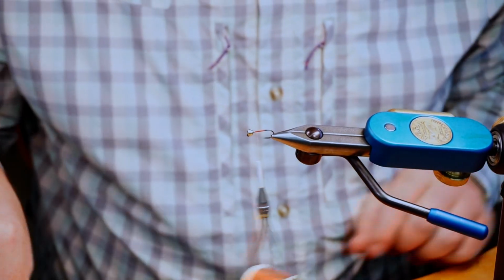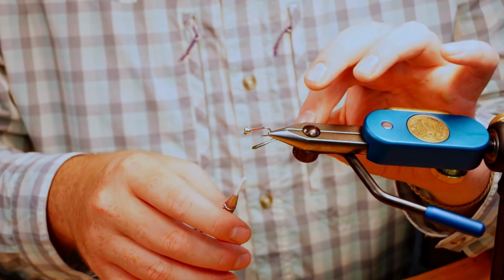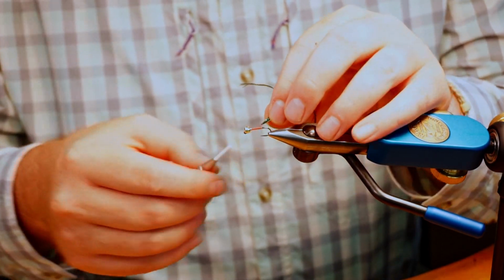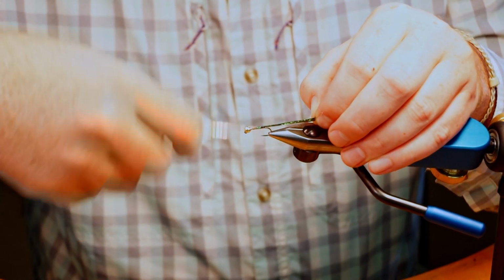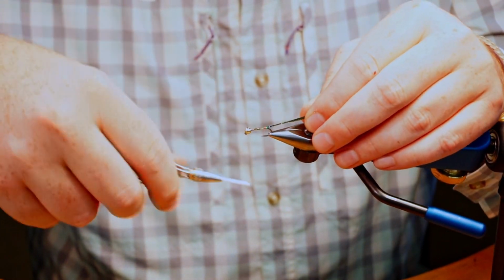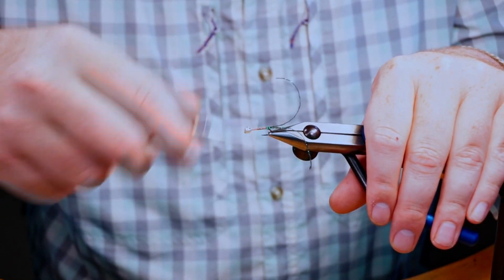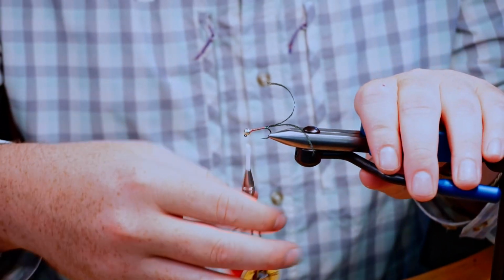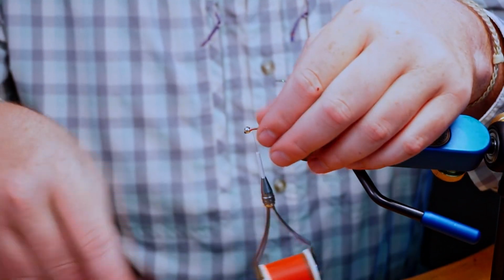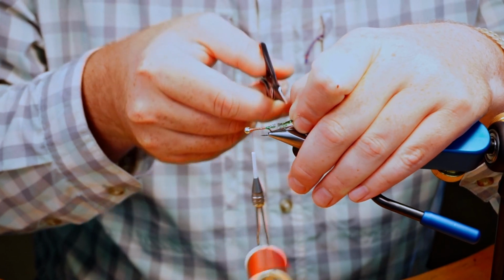Okay. So first things first, I'm gonna just tie in a piece of this Lagartun Flatbraid, just doubling it over the thread like that. So I took that, folded it over the thread, and you can do just one piece of this as well. I like these just a little bit more full, and then wrapping back, and forward. Just kind of slim that body down. Just going to kind of secure that lead in place. Lead free can be a little bit easier to tie with because it's not as soft as lead, but use whatever you want. Okay, I'm just going to trim this, I don't know, 4 millimeters past